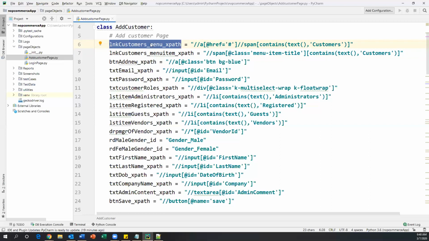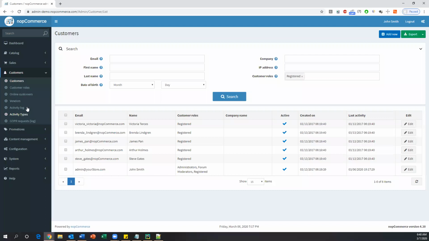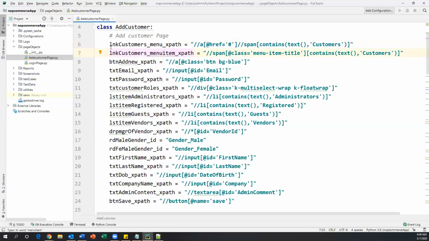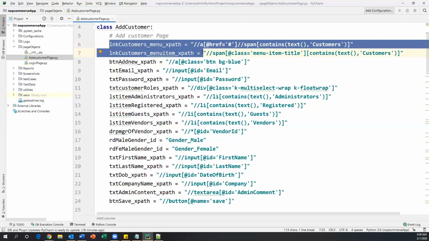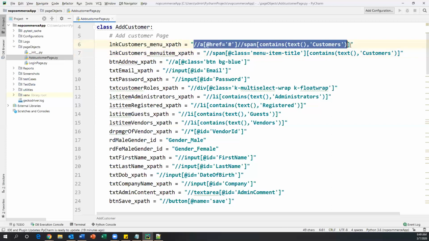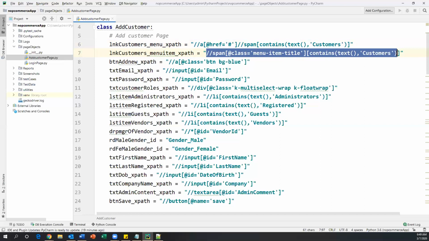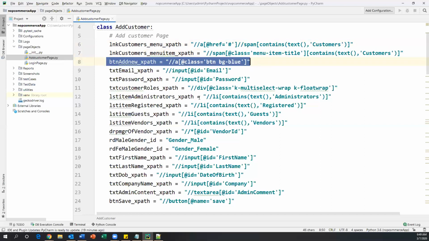For these two links, customer main menu and customer sub menu, which you can find in the application, I created two variables, and in both cases I copied the XPath for those two elements and put it here. And then the add new button.